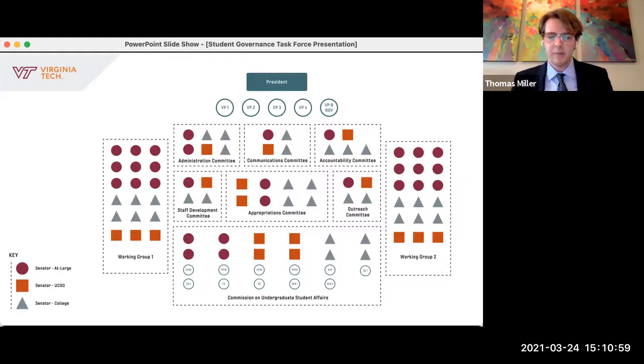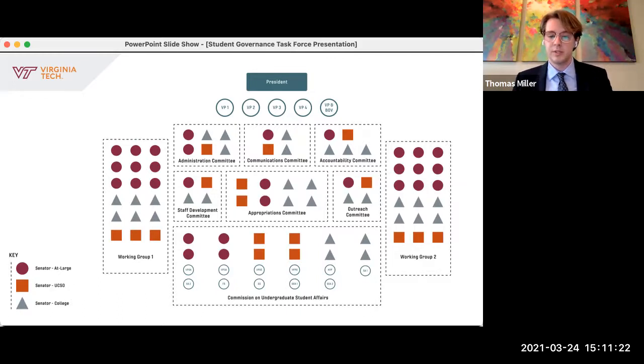The next big section of this diagram is the 3 legislative groups on the outside. There's Working Group 1, Working Group 2, and the Commission on Undergraduate Student Affairs. As Miles said earlier, the commission is underneath the umbrella of the USS, and it's made up of senators and ex officio members who